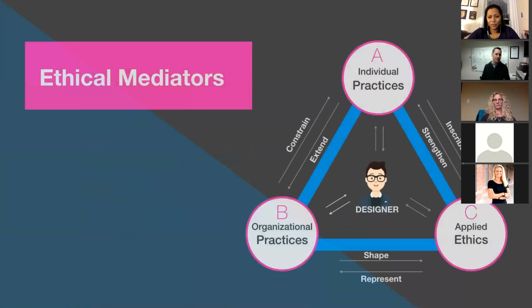And so to analyze these interconnections a little bit more, we identified this preliminary model of ethical mediation. It draws on activity theory, which some of you might be familiar with already. Basically, we're looking at the interaction effects between multiple entities, multiple sources of power, and how those correspond to the kinds of ethical engagement that we might expect.